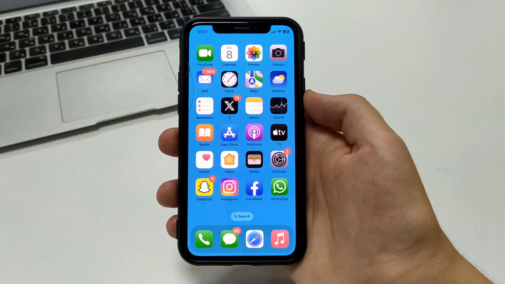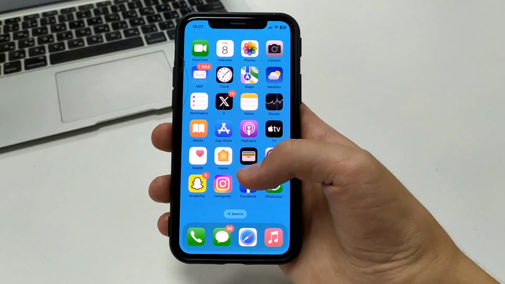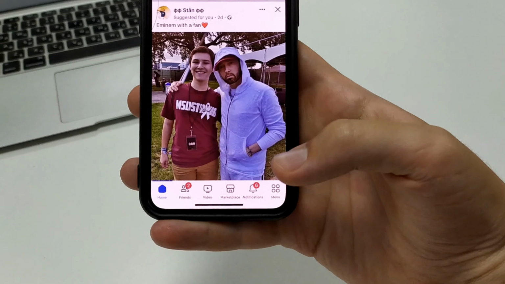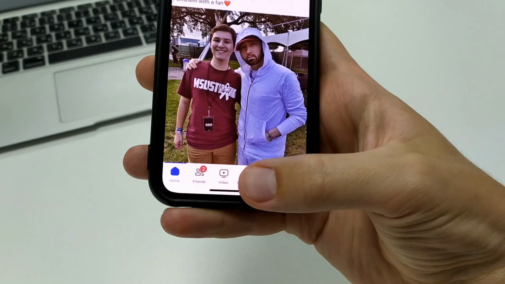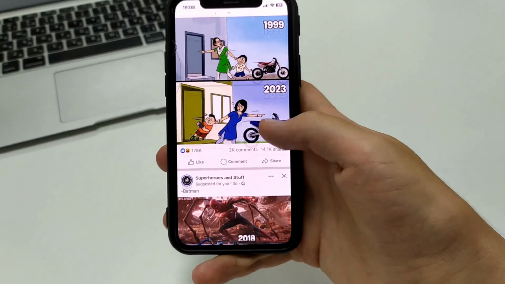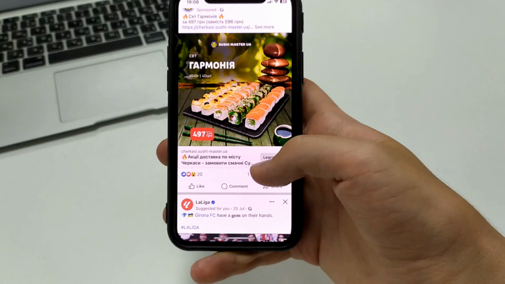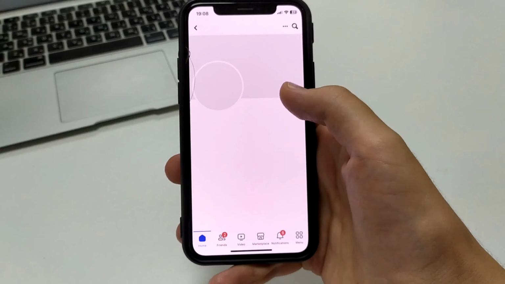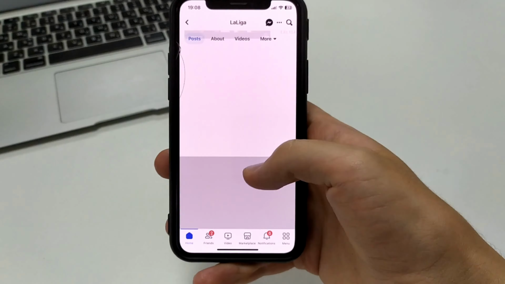Let's get started. Go to Facebook on your iPhone or iPad. Then here we have Menus, Notifications, Videos. We press Home. We scroll down and find any post that we want to publish to our page. Let's say I find this page, go to it. It opens. Scroll down. And let's publish it.